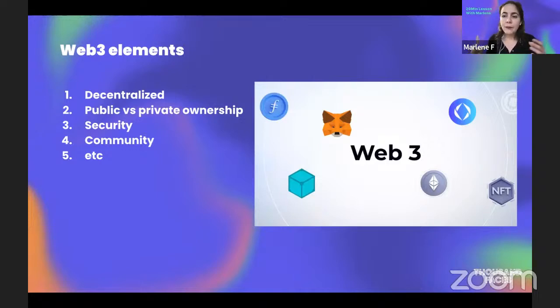As I said, you have some data that belongs only to you. That's the private data. No one else can have access to this. And there's part of the data that is public, but no single person or single entity can have access to this data. So there's an increase in security. And as for the community aspect, there's not a single platform entity that is communicating between the users.